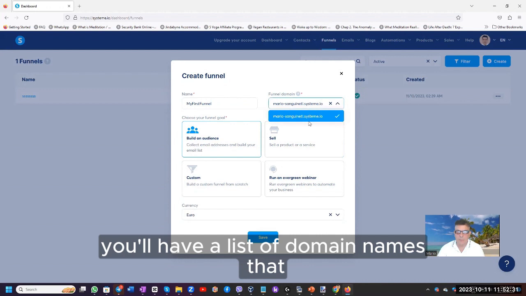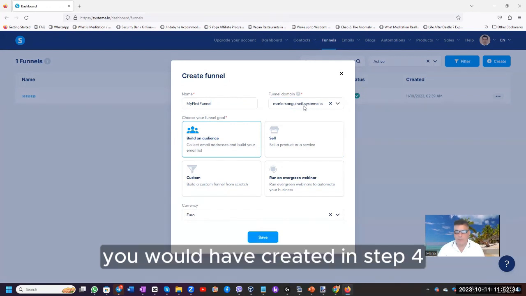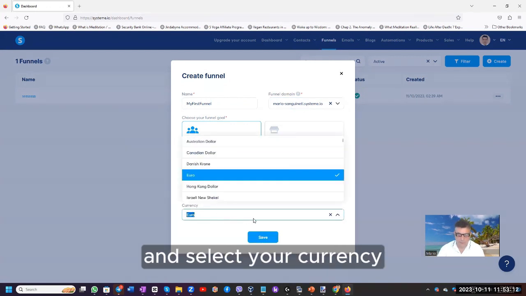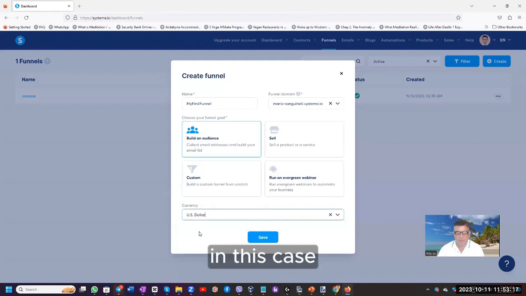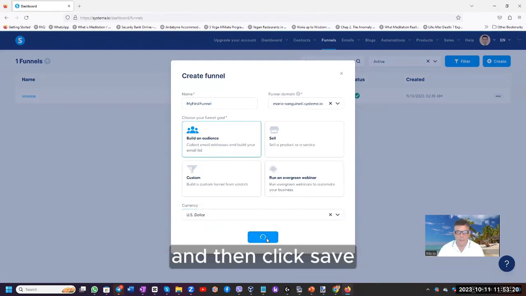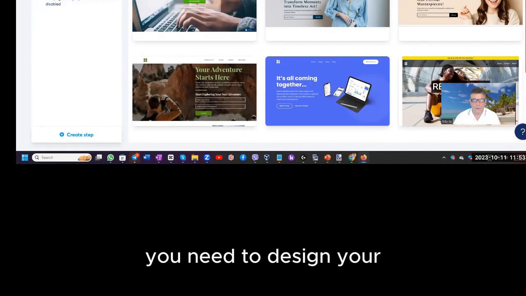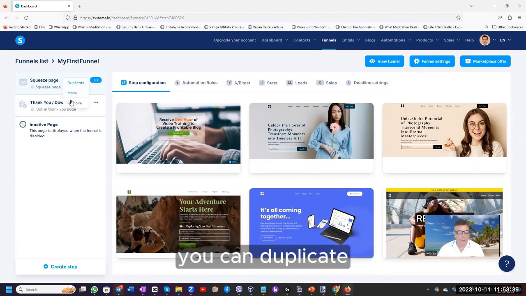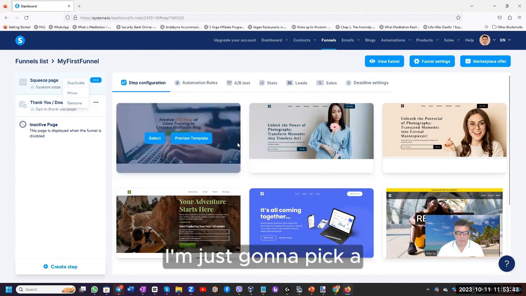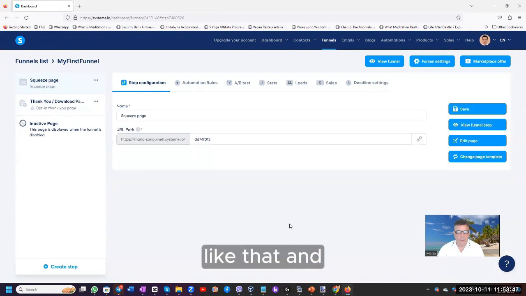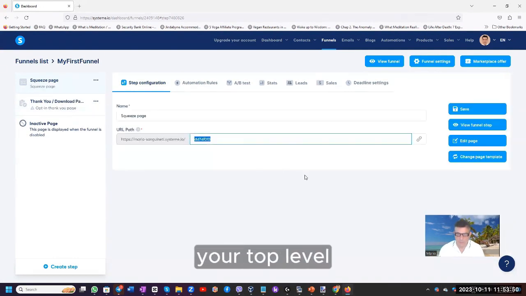Here you'll have a list of domain names that you would have created in step 4, and select your currency depending on where you are. In this case, I select US dollar, and then click save. Then click on the funnel. First thing you do is you need to design your squeeze page. You can duplicate, move, remove. I'm just going to pick a squeeze page like that, and it's going to be your top level,